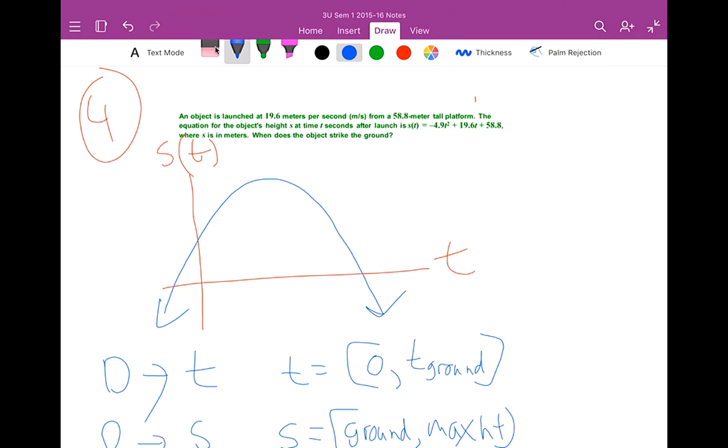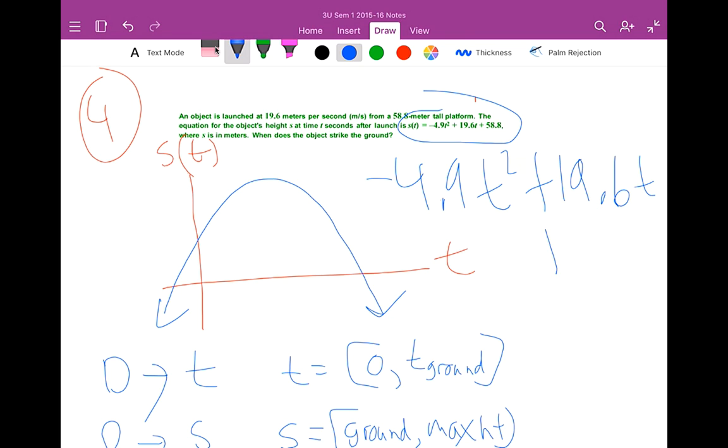So here's another one. This is just an object. This is a projectile motion, right? And it says the equation is negative 4.9 t squared plus 19.6 t plus 58.8. Oh, by the way, we call it S of t. For some reason in math and